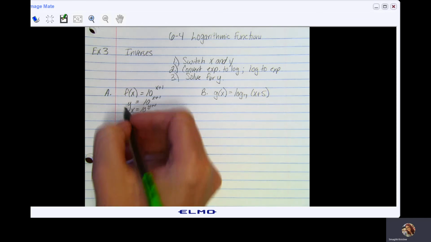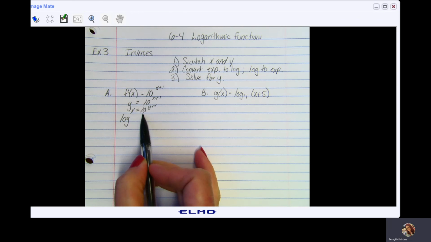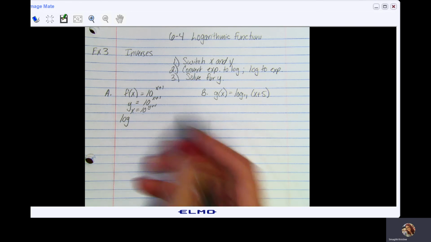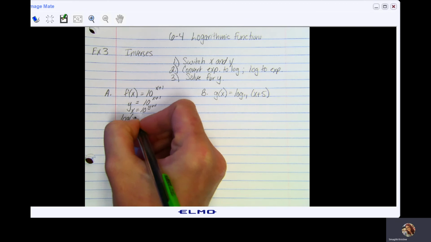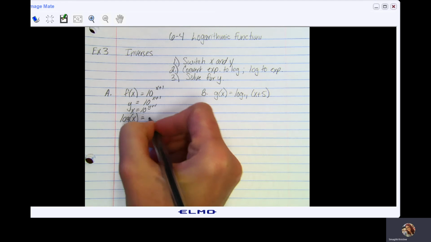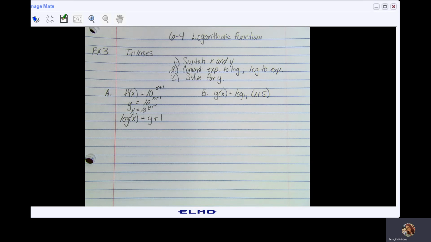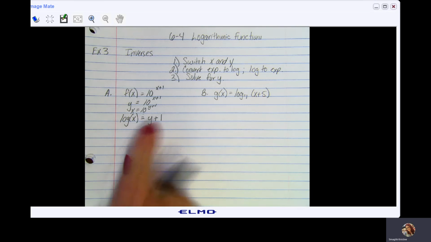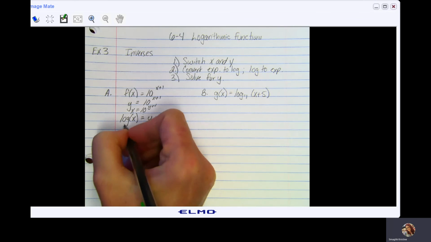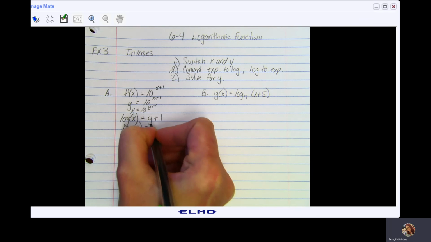I'm going to start by writing log. Now my base is 10, so this is the common log. I don't need to write that base of 10. The argument or the result is x, so I have log x equals the exponent, which is y plus 1. And now we need to solve for y. So I'm just going to subtract 1 from both sides. And so I get log of x minus 1